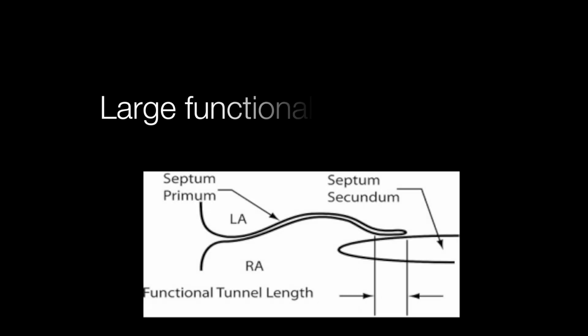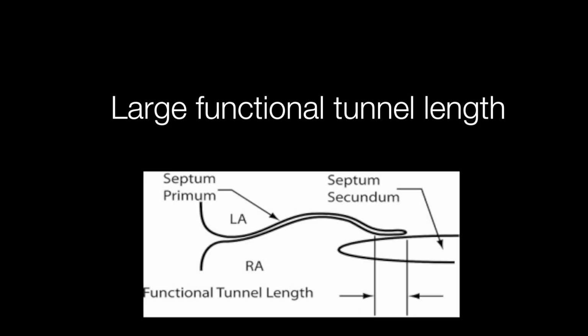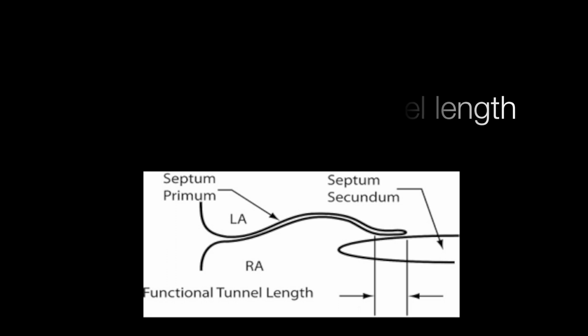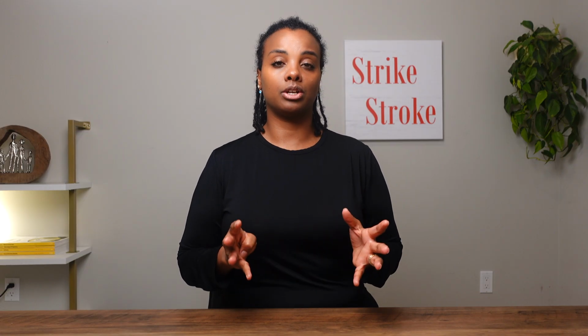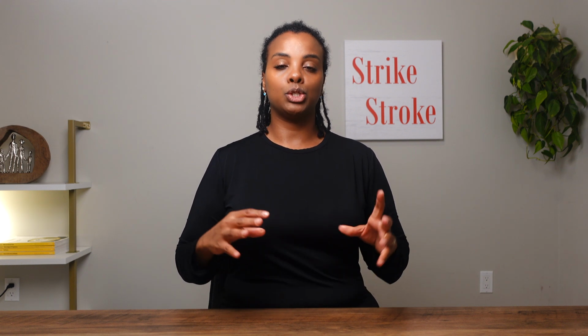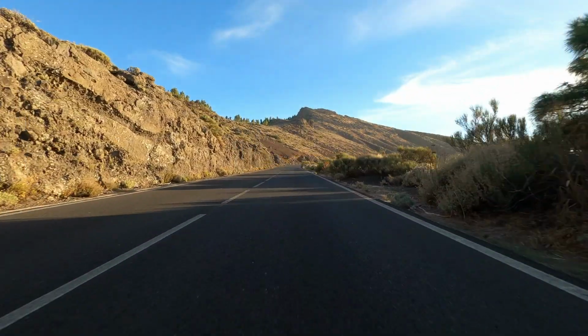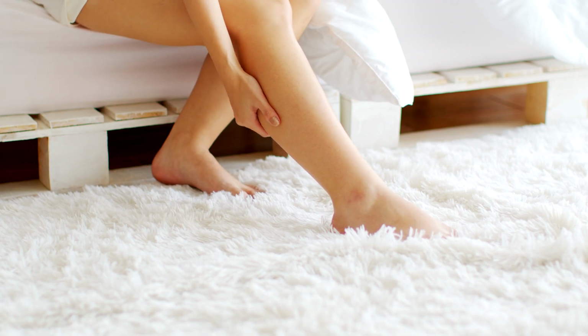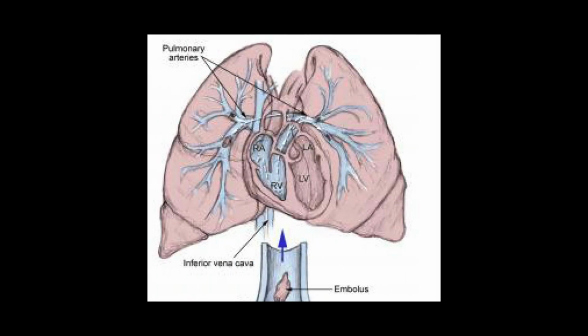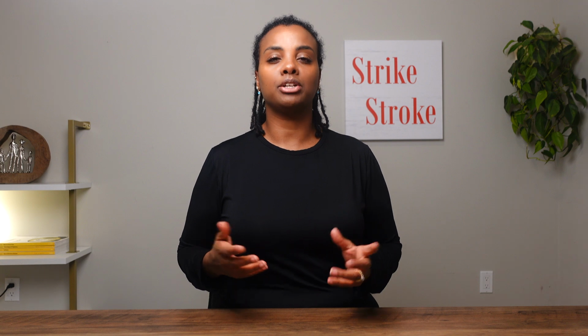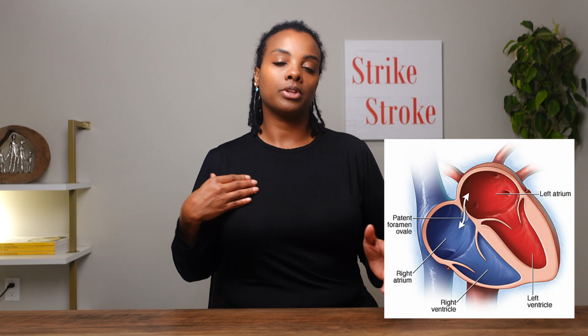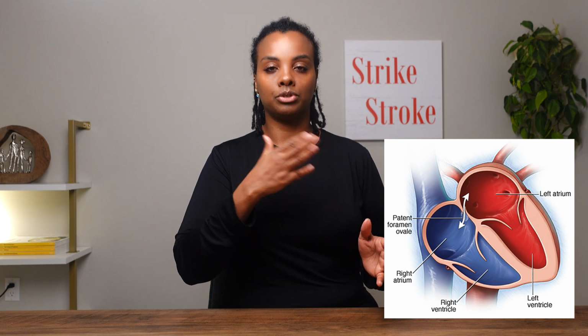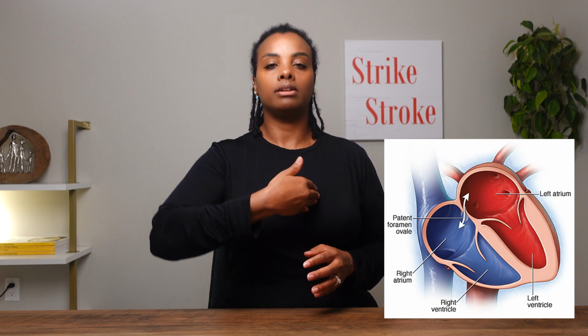If you have a large patent foramen ovale that's functional or continuously functional, that increases your chance of having a stroke. So let's just paint a scenario where an individual could have a stroke. Let's say this individual took a long trip, developed a clot in their leg, and this deep venous thrombosis then travels up and goes into the inferior vena cava. From there, it enters the right atrium, and if this individual has a large functional patent foramen ovale, from the right atrium, it can move into the left atrium through this functional shunt or PFO and travel to the brain